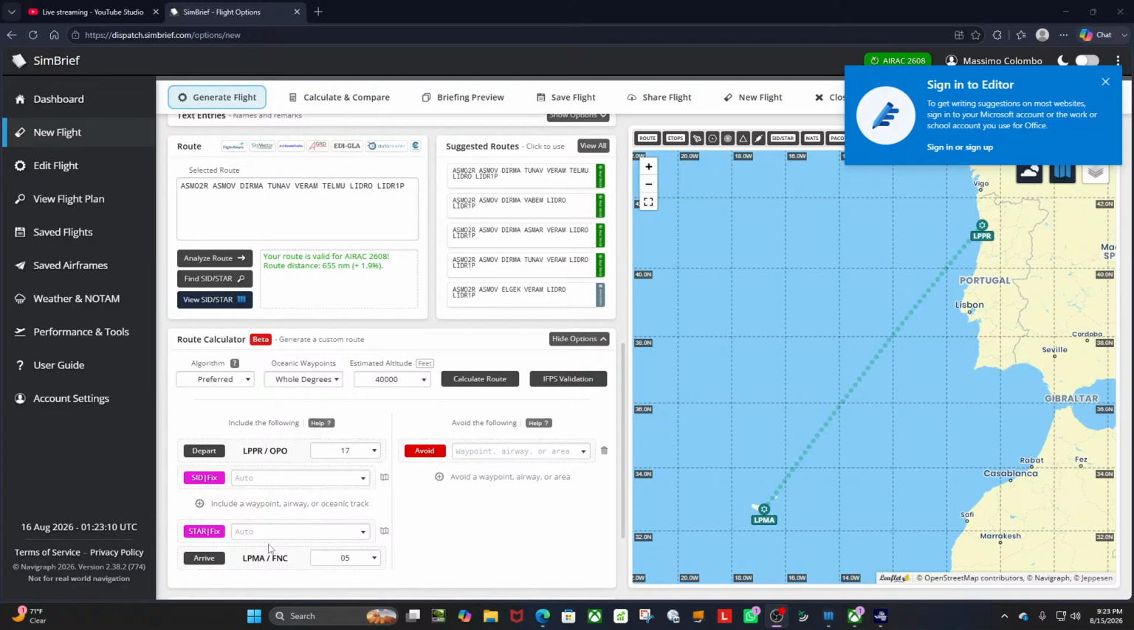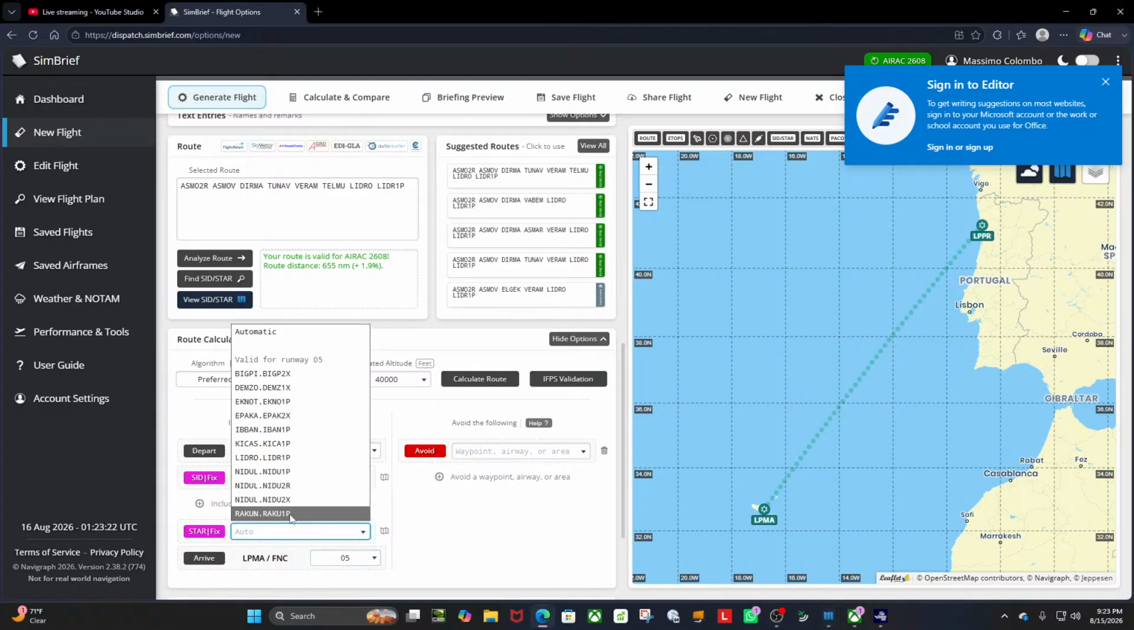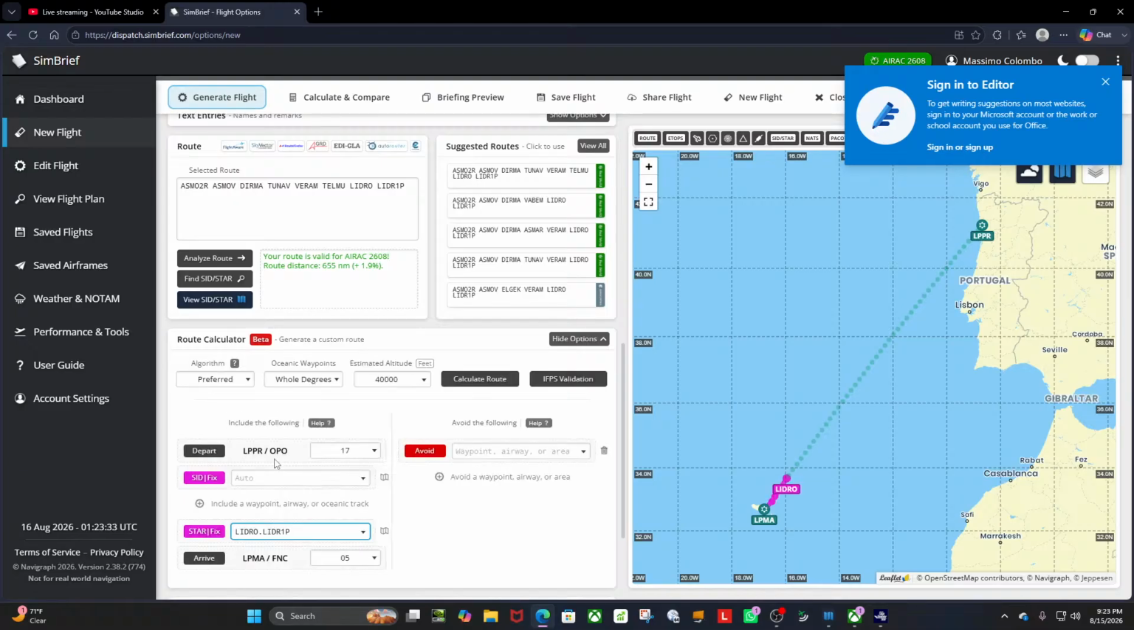Okay. So let's look at the arrival. Need to open RNAV runway 5. Okay, so is LIDR1P, Lidro, LIDR1. Okay, this is what we had on the other program. Let's see, on the departure side, we had,